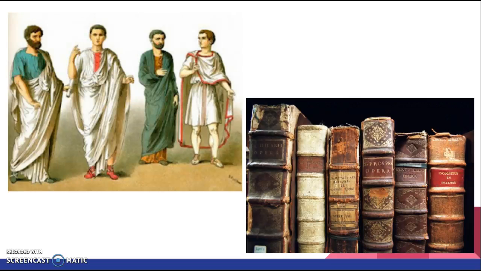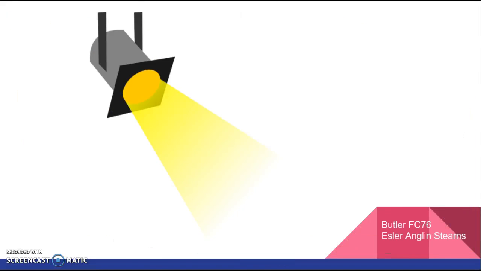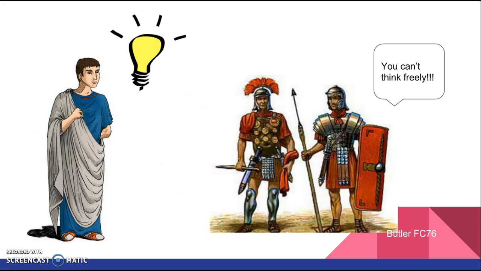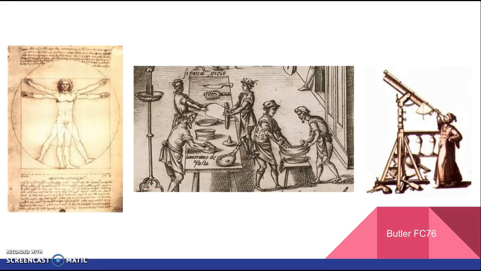Both the Romans and the Greeks focused on the human aspect of education, thus the term humanist movement came to be. Not only did the Renaissance focus on the arts, it gave spotlight to human patterns of thought and human behavior, such as secularism, humanism, individualism, and skepticism. These ideas promoted the curiosity and individual thinking of citizens without the hindrance of societal standards, thus allowing many great innovations, creations, and discoveries.